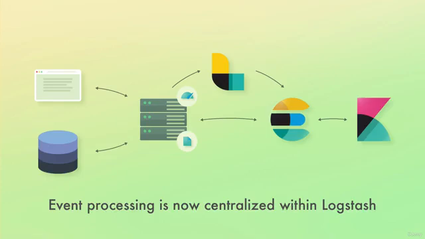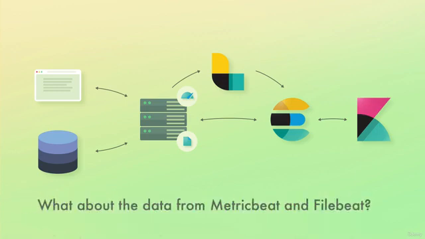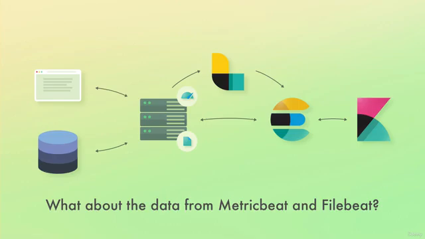This way, we keep event processing out of our web application. All they need to do is to send the initial data to Logstash, and there we'll be able to do the rest of the processing. But what about the data from MetricBeat and Filebeat? As for MetricBeat, chances are that we don't need to do any custom processing of the data, but that might be the case for Filebeat if we're using custom logging formats, or if we want to do some additional processing.